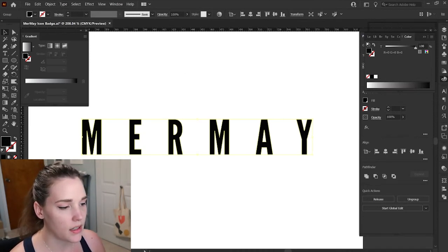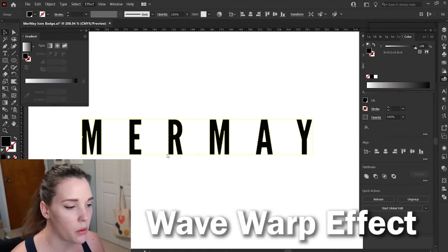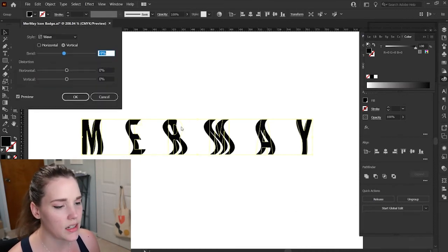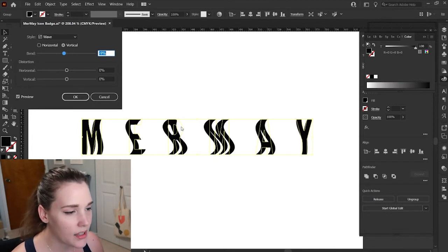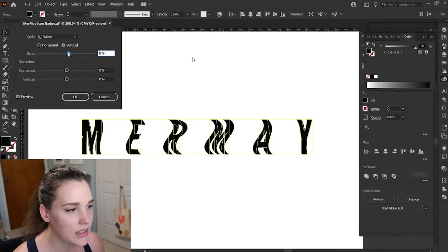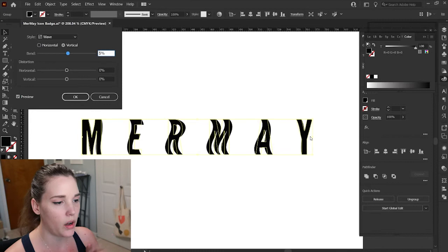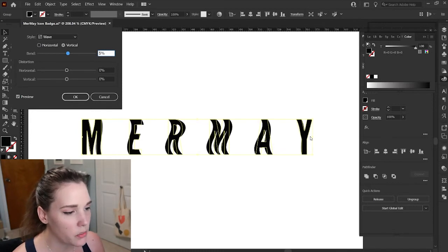Once we have this as outline, we can then go to Effect, and go to Warp, and we can go to Wave. Now, I don't see a lot of designers using these types of effects. I'm not entirely sure why. However, they can give you some really cool looks here, as you can see. That's looking pretty good. The two end letters, M and Y, aren't really working out so well, but I'm gonna press OK anyway,